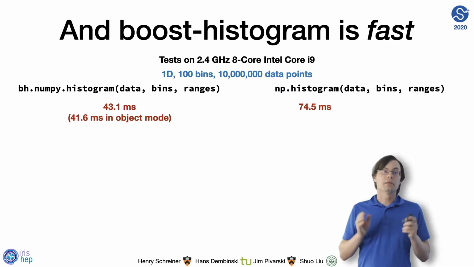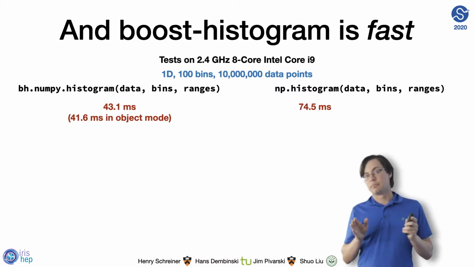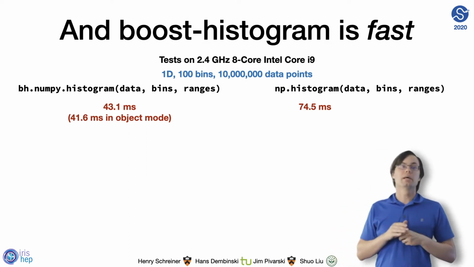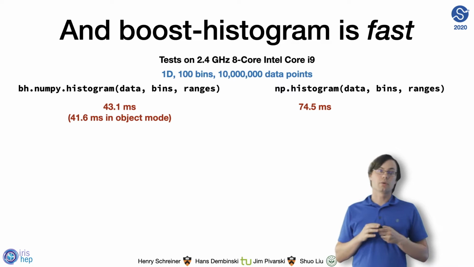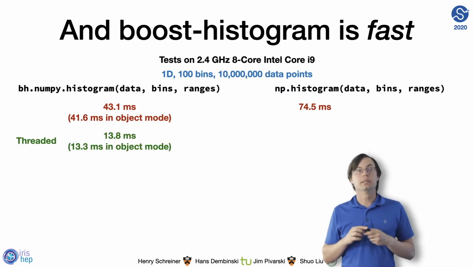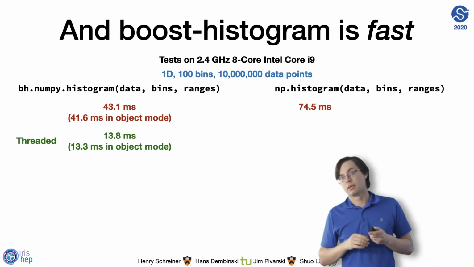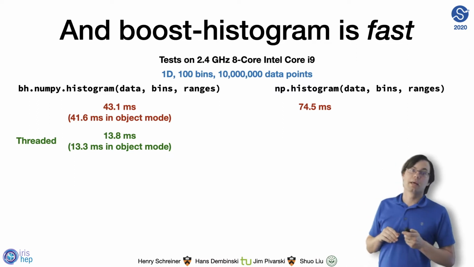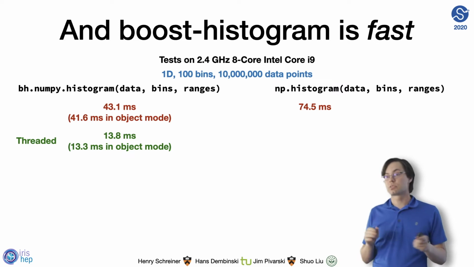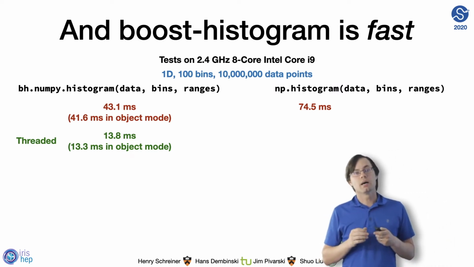In Boost-histogram, you can take, for example, this thing in NumPy, which is a fairly well-optimized piece of NumPy that does a one-dimensional regular binned histogram, but you can still do it at roughly twice the speed. Or if you do it with threads and you have an 8-core machine like mine, it doesn't scale perfectly, but you can still get another 2 or 3x speed up, which is very, very nice. And then if you go to 2-dimensional regular binning, which is basically an image, it's one of the most common types of histograms, period, probably. You'll see that